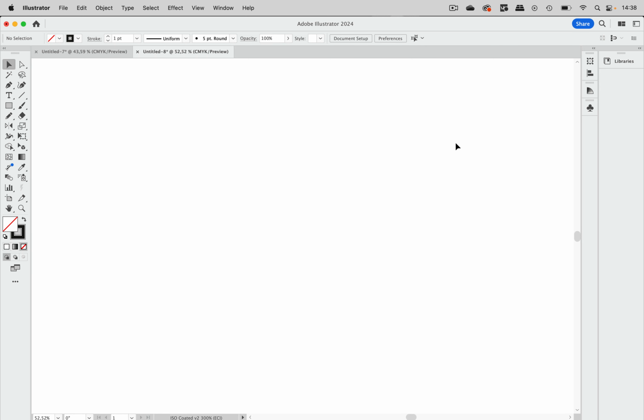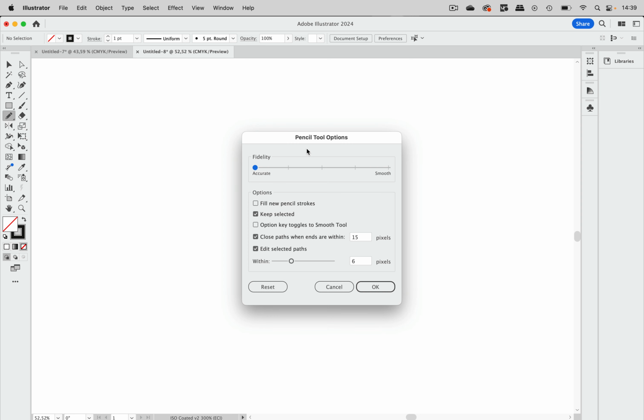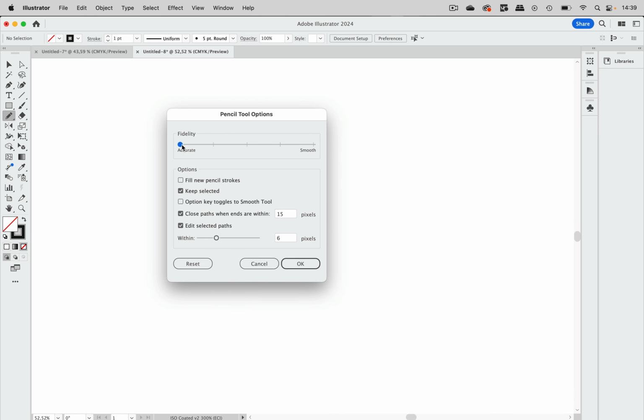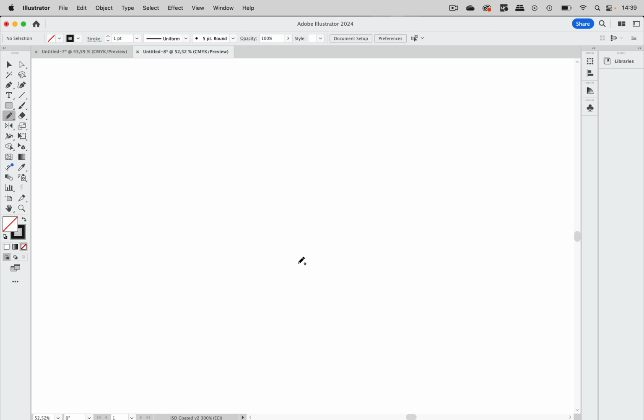In this quick tip, we're going to take a look at the different methods of how to smooth a path. In order to do that, I'm first going to draw a path. I'm going to take the pencil tool and double click it and set it up. I've set it up to accurate, so it sets a lot of points. Just go to OK, and then let's draw a path and let's make that extra